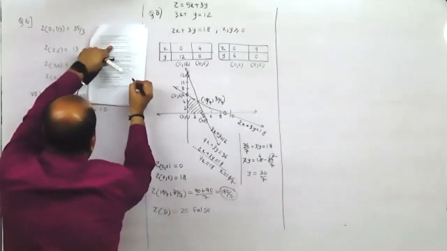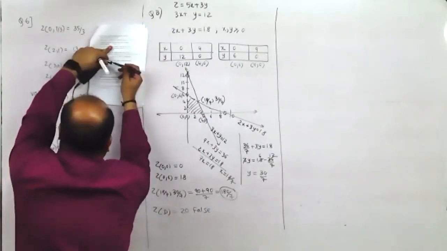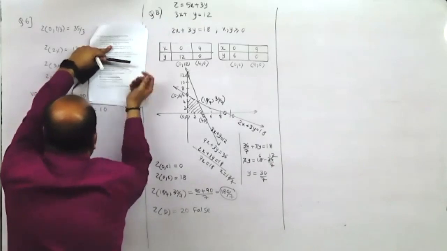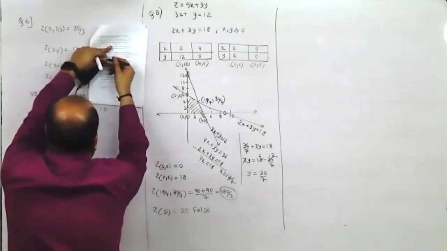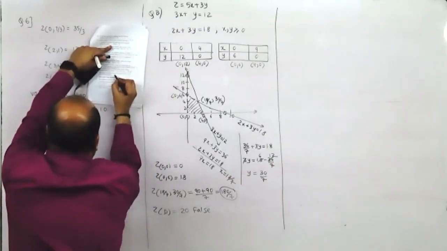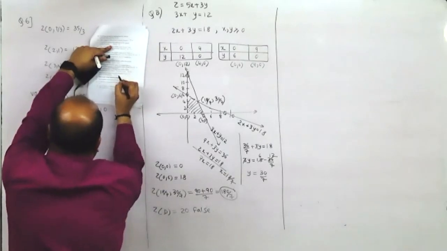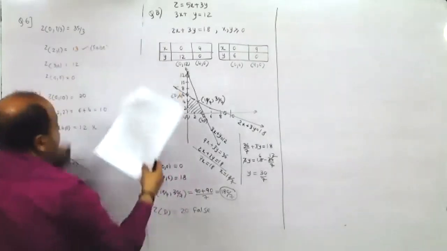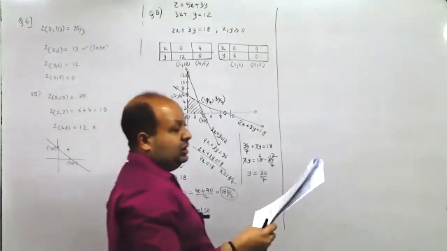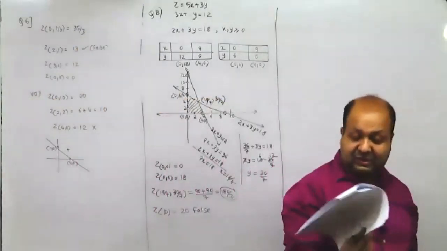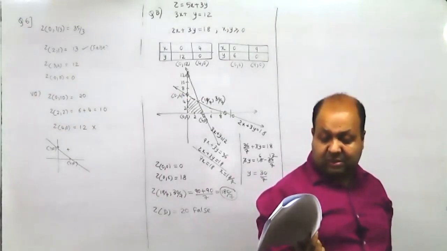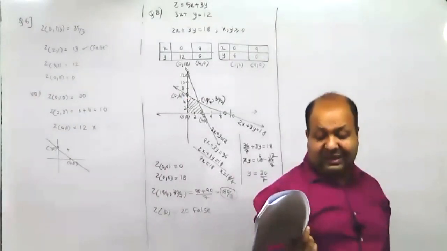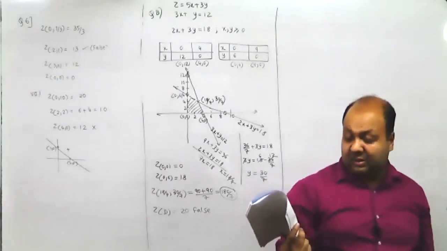Sir, what about it, is it false? Yeah, so that means they have interchanged all the x and the y axis. Now x is greater than or equal to 0, y is greater than 0 lies in the first quadrant, not the second quadrant. So this should have been false. But they wrote true. So that means, as Om mentioned, it is all the opposite ones. So in that case, only the second one has been contradicted.